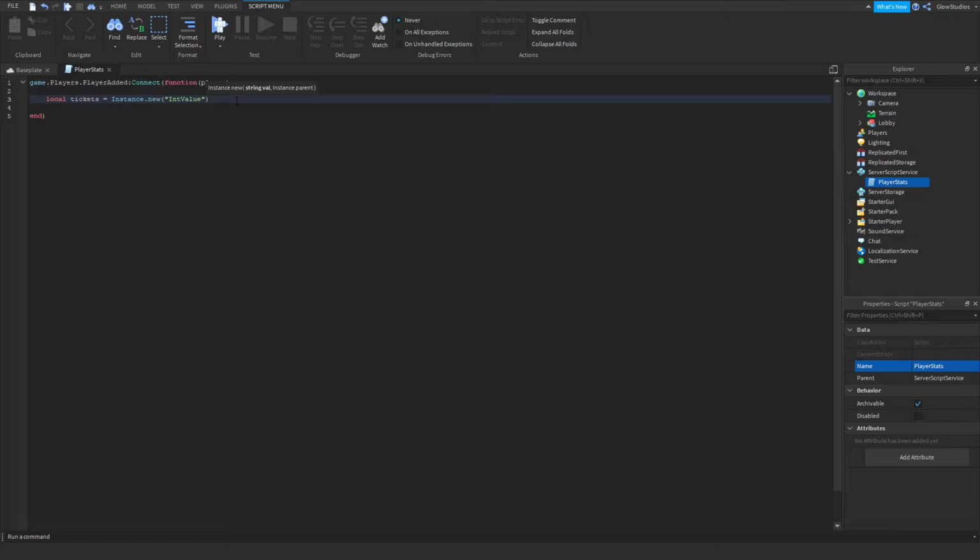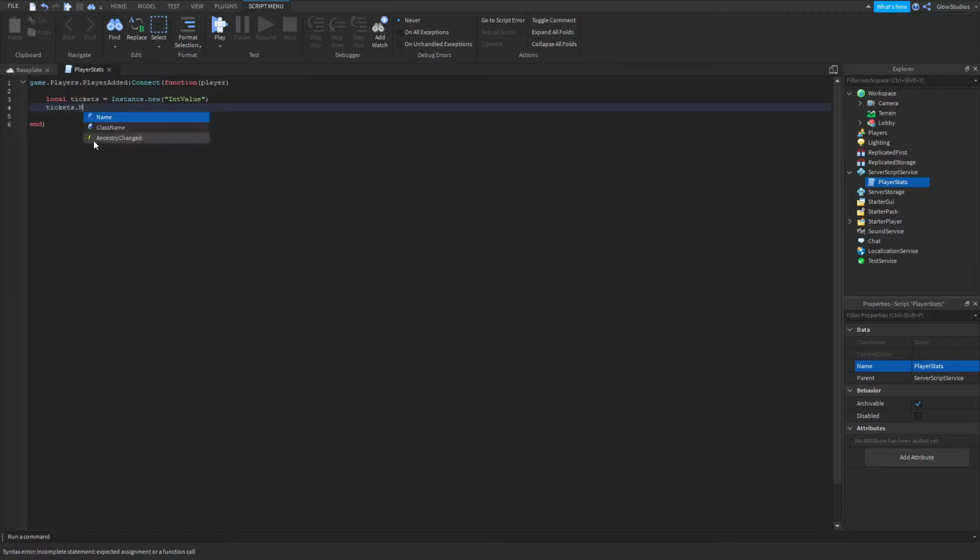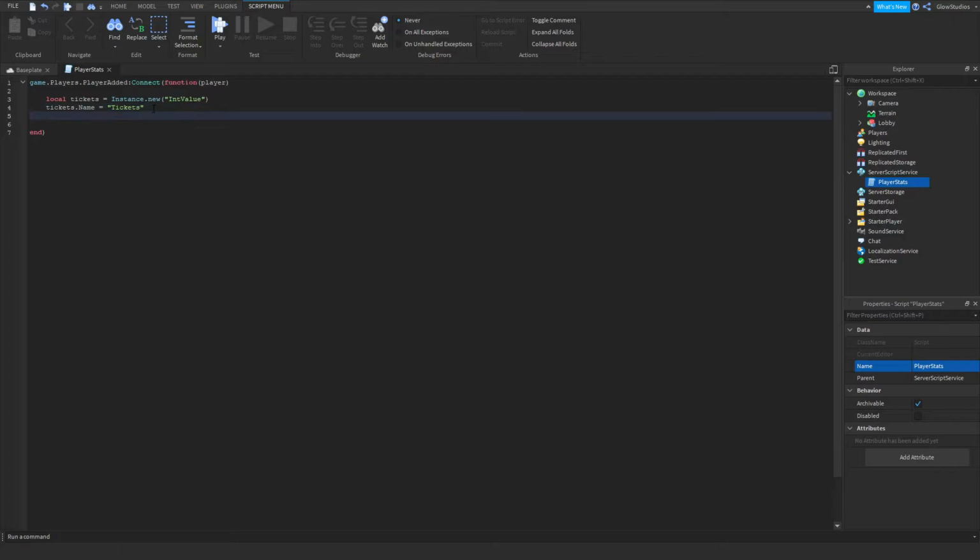Once you set up your currency, we are then going to go tickets.Name is equal to, and then in quotation marks, tickets. And then finally, below tickets, we are going to soon parent it to leaderstats. So what we're going to do next is drop tickets 2 lines, and then above it, we're going to define